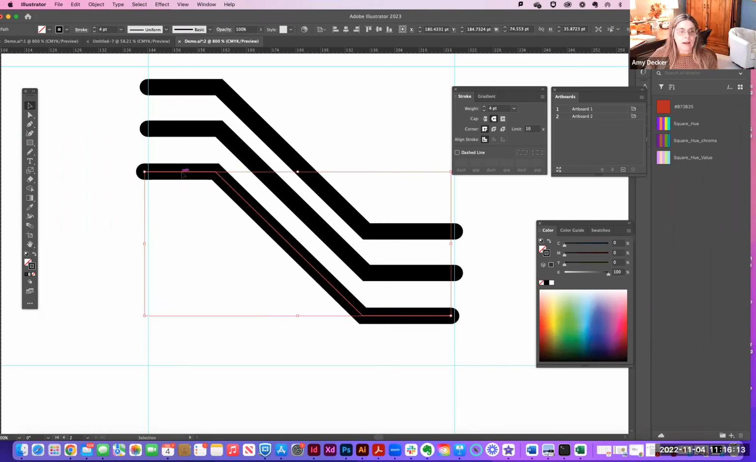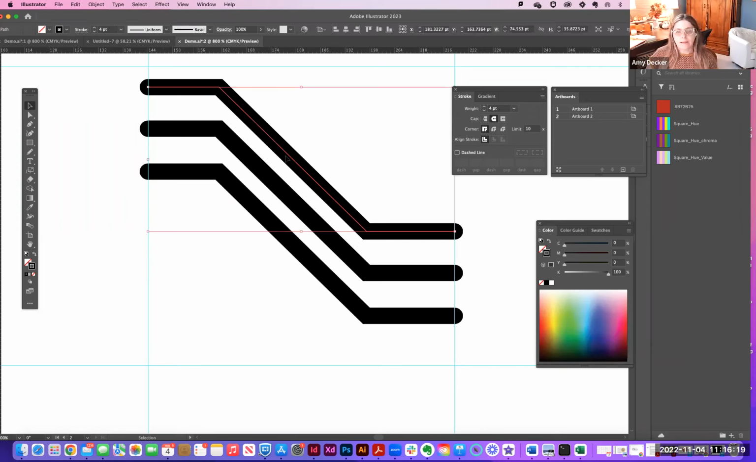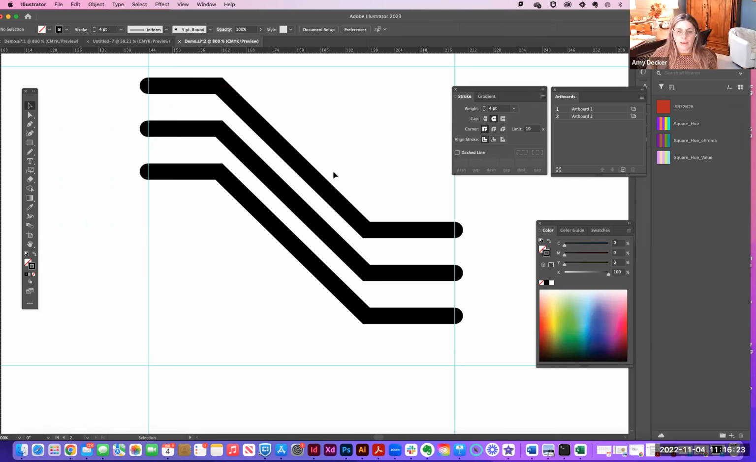Okay, so now I'm lining up my dots on my line of my square so that they're all aligning to where I want them. Okay, and then